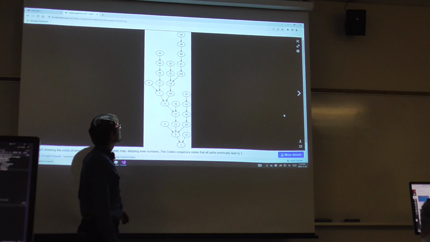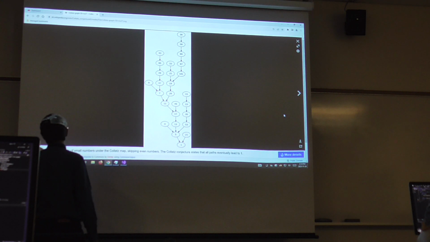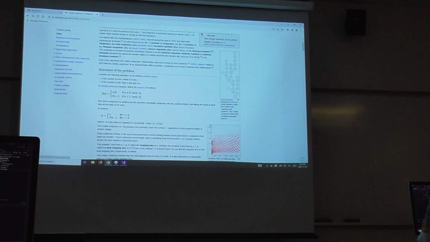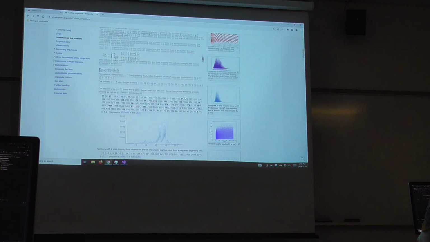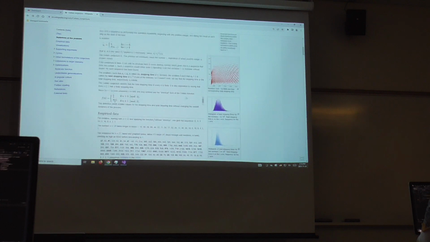So, is this the Collatz sequence? Doesn't look like the Collatz sequence. The orbits of small numbers. Let's see here. Well, at any rate,